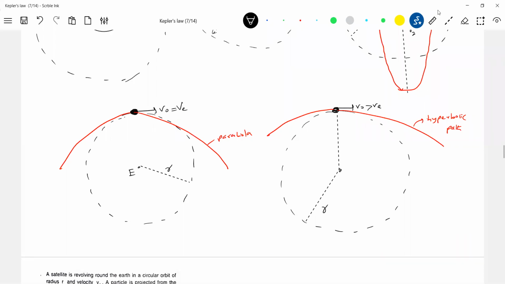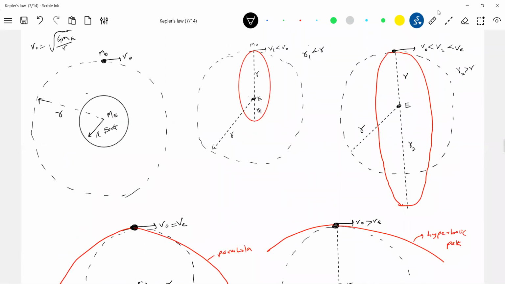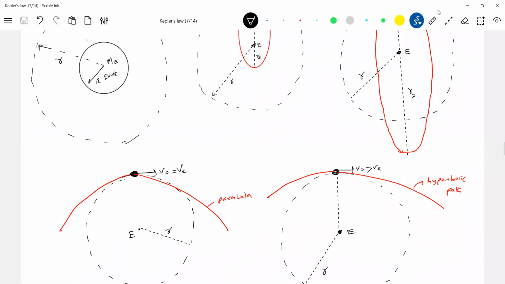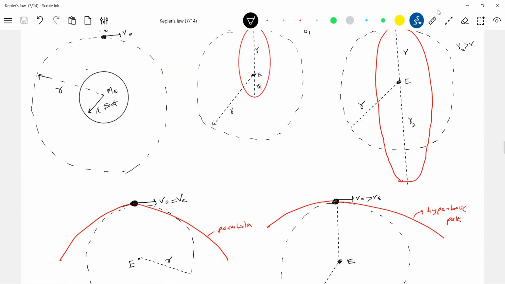We'll be discussing numericals. So this is what happens if a satellite is revolving. There's the Earth, the center of the Earth. If the energy becomes greater than 0, the path changes. Remember this condition. So these are very important.